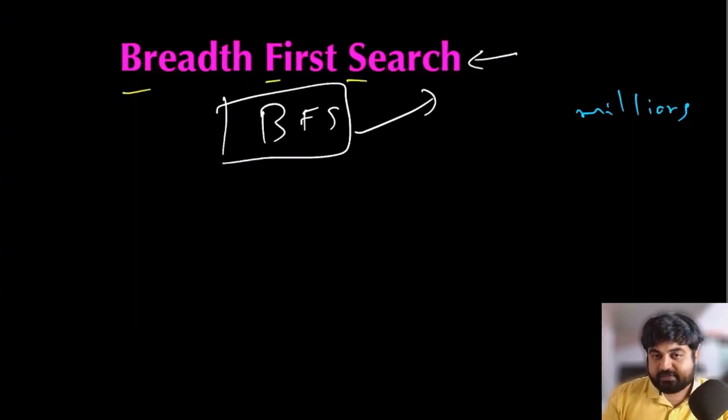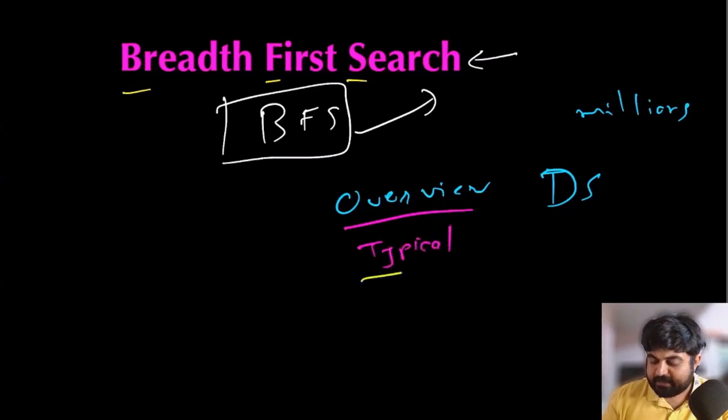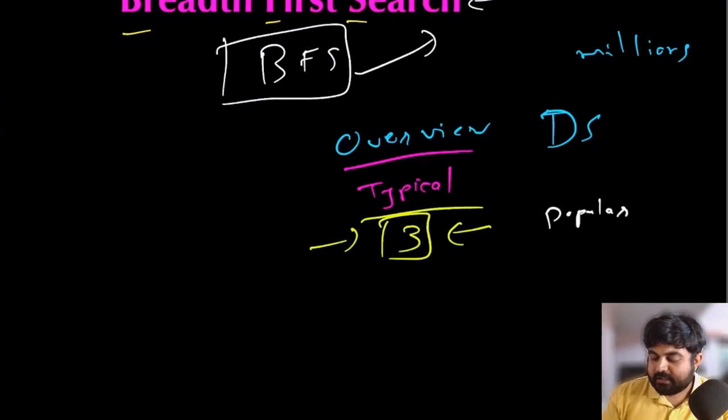Now the flow of this video is that first we are going to have an overview of what this breadth first search technique is, and in this overview we will also see what types of data structures use this technique. Next we are going to see what a typical workflow looks like for any single breadth first search problem. In the end, we are going to see 3 different real life examples, and these examples that I have chosen are really popular, plus they solve some real life scenario or problem.